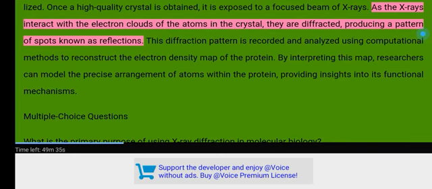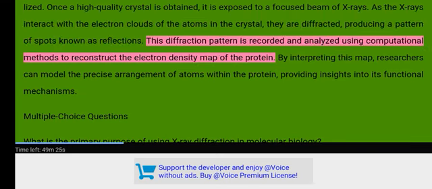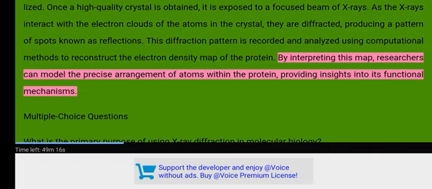As the X-rays interact with the electron clouds of the atoms in the crystal, they are diffracted, producing a pattern of spots known as reflections. This diffraction pattern is recorded and analyzed using computational methods to reconstruct the electron density map of the protein. By interpreting this map, researchers can model the precise arrangement of atoms within the protein, providing insights into its functional